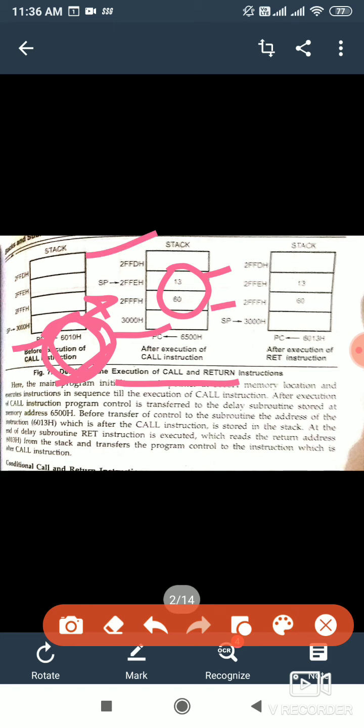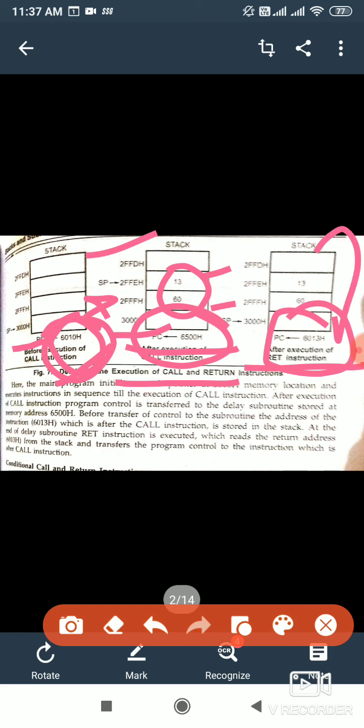Now after the call instruction, the new program counter address would be the call address. So 6500 would be loaded into the program counter. The program counter will move to 6500. Execution starts from 6500, and when return comes, this is the return instruction. When return comes, it will retrieve the stored address back from the stack. How will it retrieve it?